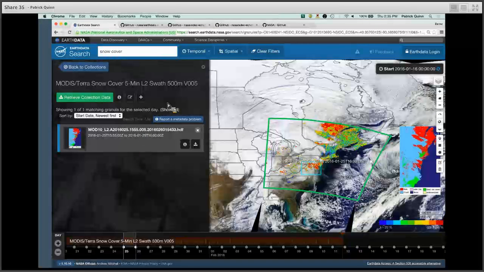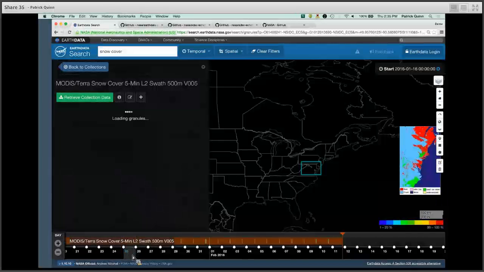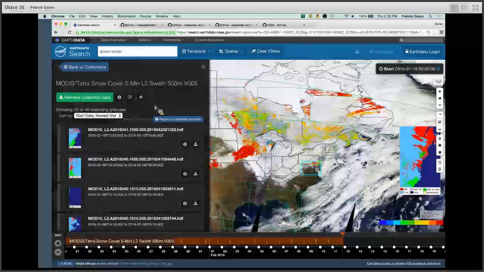Other things that I can do in this list of files here, so if I go back out and I remove my day filter, I can see that we have 46 matching granules, but we notice that there were a lot of clouds. Okay, so one thing that we can do here is,